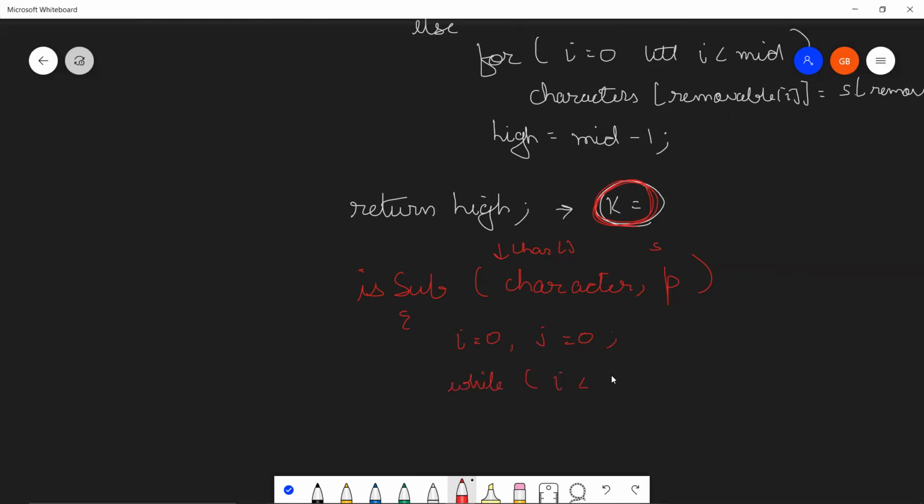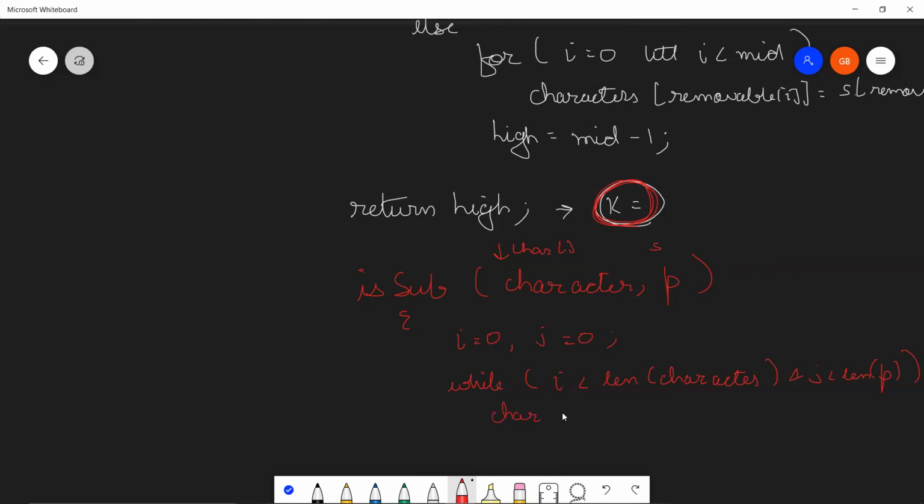Perfect. Now a simple two pointer while loop. While i is less than len of character array and j is less than len of p, what I'm going to do is, if I do not encounter any star, I'll keep on continuing. Otherwise, I'll move one step ahead, right? Let me do one thing.